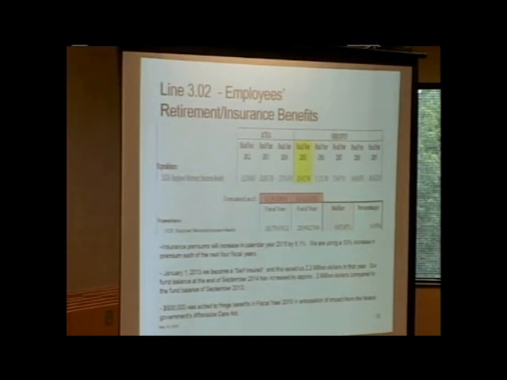Retirement insurance benefits, the 187 kind of correlates to the overages in personnel, because whatever you have in salaries is multiplied times your retirements. And so this number was off by $187,000, mainly for those. Keep in mind, we are self-insured. January 1st, 2013, we became self-insured. We had a good year at the end of 13. We had a good year in 14, and we're projected to have another good year this year. But in our forecast, we always assume, the industry standard says, you've got to plan for a 10% increase every year.